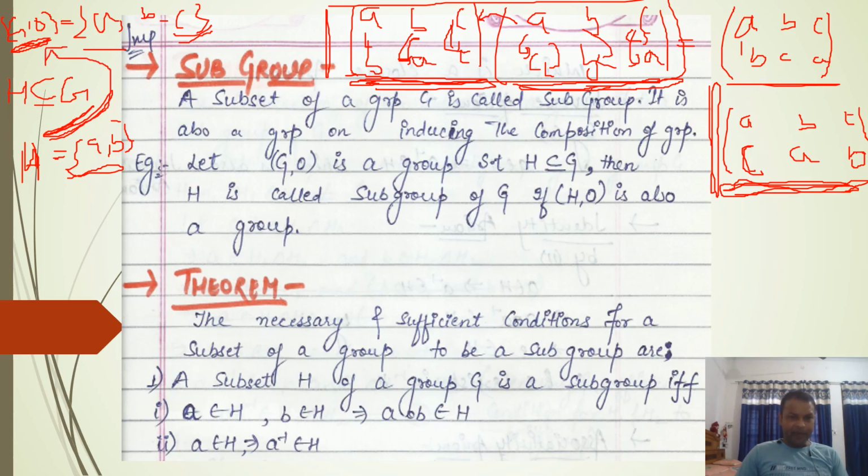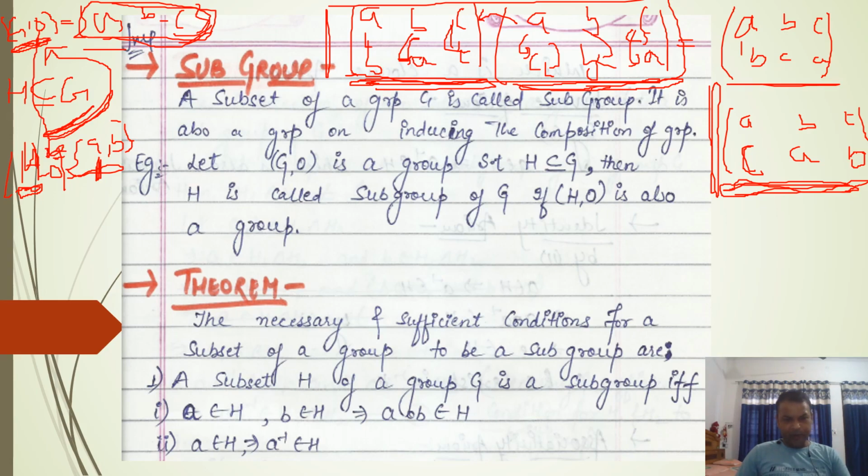It means if these three elements are fulfilled, all four properties of a group, then these two elements will also fulfill the four properties of a group. In this case, this subset H will also be said to be a subgroup of Z. However, the composition will remain the same as I have used for group Z. In group Z, we are taking the composition O. So for H, we will also take the composition O.